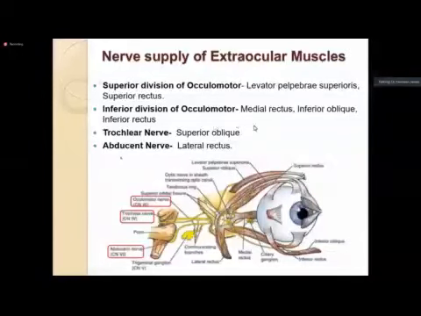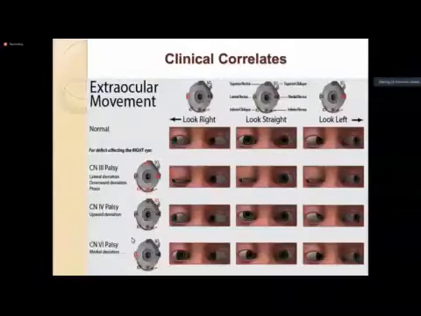तो ये हो गया हमारे पास nerve supply of the extraocular muscles. अब palsy की सूरत में क्या होगा कि what happened if these nerves are damaged. These nerves means we have cranial nerve 3, which is the oculomotor nerve, and cranial nerve 4, which is the trochlear nerve, and cranial nerve 6, which is the abducent nerve. तो I think ये slide जो है वो आप इसको देख लें,